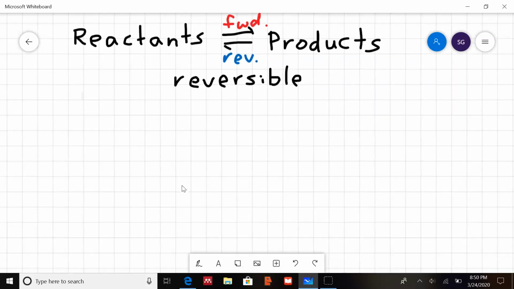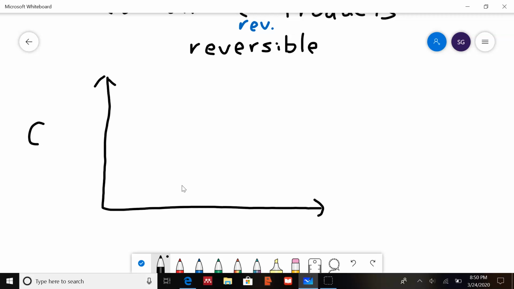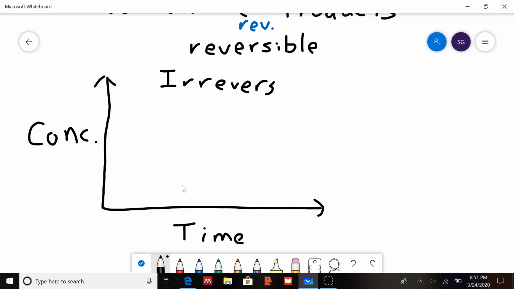So if we had an irreversible reaction and we plotted concentration versus time for irreversible, it would look something like this. So you start with some concentration of reactants, and since it's an irreversible reaction, we're assuming that it goes to completion. So your reactants, we're going to do reactants in red,